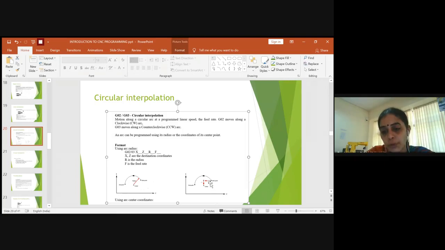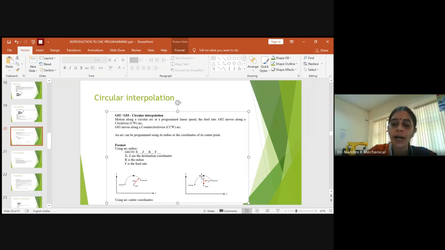You need to know the exact value of the x-axis and the z-axis because the intersection of these two will provide you the reference zero point. From that reference point, if you are going down to the center, it will provide you minus I, because if it goes above, it will be plus I. If the direction was in this way, then you would have got plus K. If it is coming in the opposite direction, then the value of K will be negative.